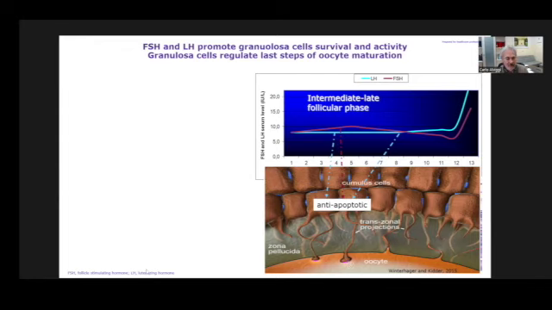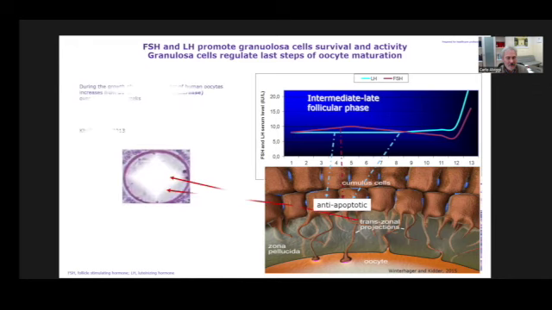This is a crucial moment because something that you probably remember is that during the last weeks, and in particular the last days before ovulation, there is an incredible increase in the volume, in the diameter of the oocyte. An oocyte that was 30 micrometers for 20, 30, 40 years, in the last weeks before ovulation, increases fourfold